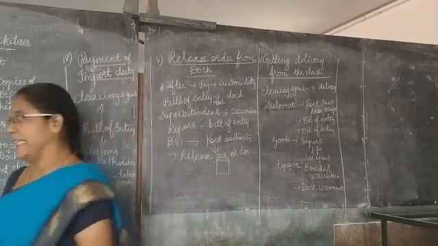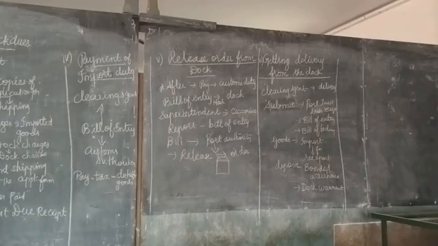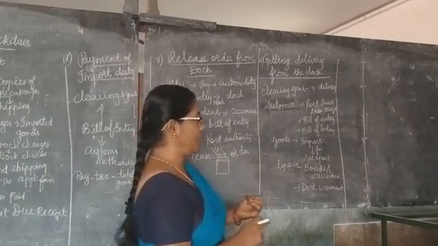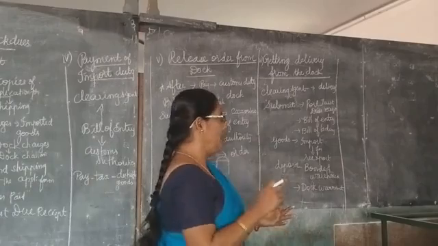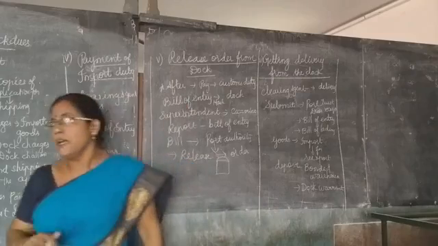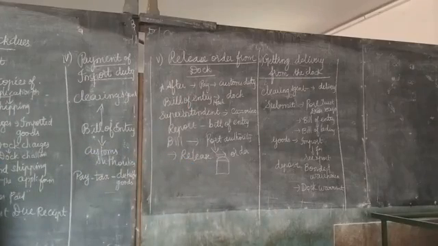How are we going to get the delivery from the dock? The clearing agent takes the delivery from the docks after submitting documents like the port trust receipt, bill of entry and bill of lading. All the documents, like dock dues, bill of entry and bill of lading, must be submitted to the dock authority.